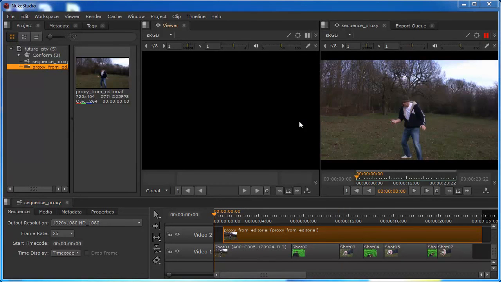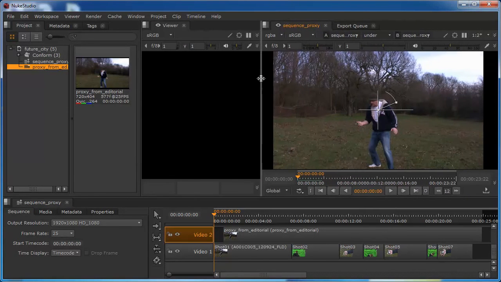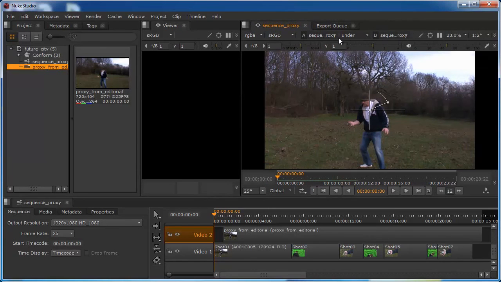What we need to be able to do here is a like-for-like check against these two, and we can actually do this in Nuke Studio, because Nuke Studio allows us to put 2 tracks of video onto the buffer. So to do this, I'm just going to choose my conformed edit and type 1 to set that to one side of the buffer, and I'm going to choose my proxy and type number 2. You can see we get this little widget appear here, and if I expand this a little bit, we've got a few little tools here, and this is very similar to Nuke, which allows us to do like-for-like